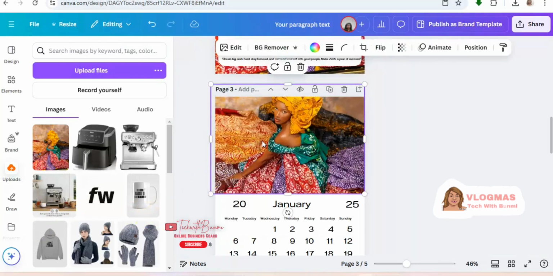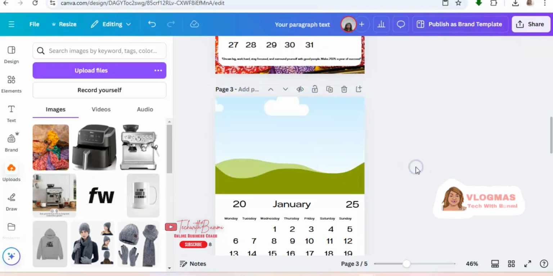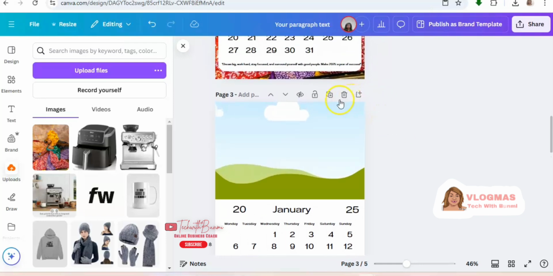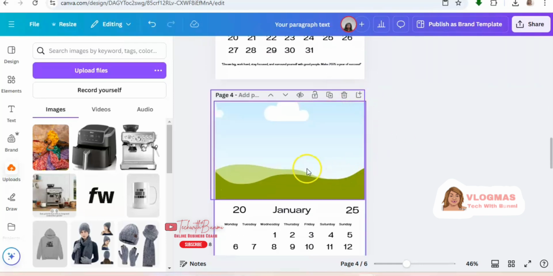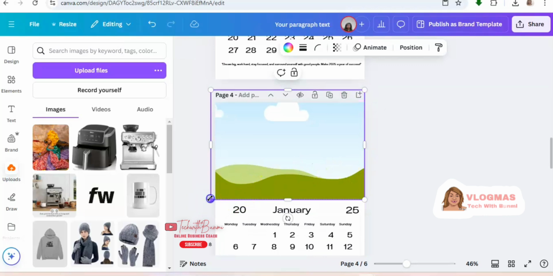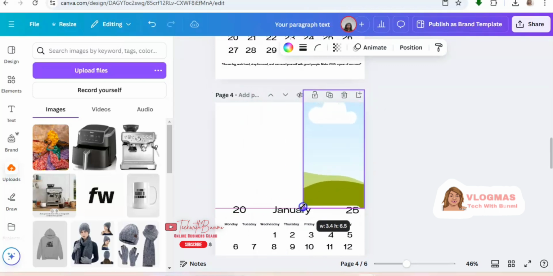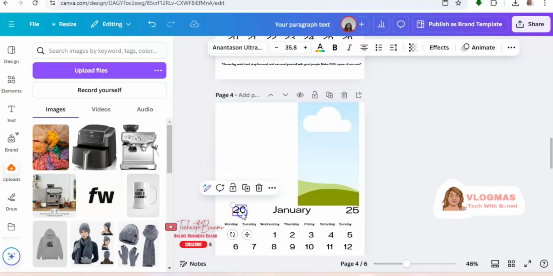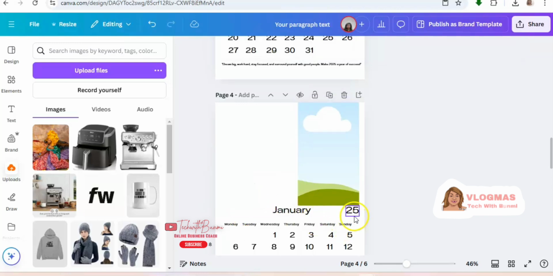If we delete this image, it's going to look like this. You can always put your pictures, and I'm going to duplicate again. So you can do something like this also, right? And you can delete this,